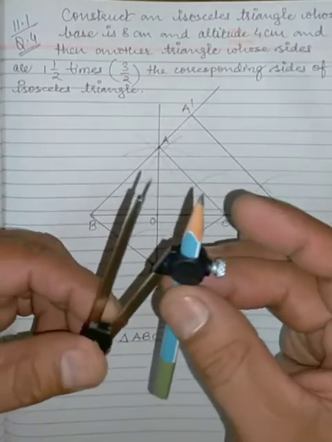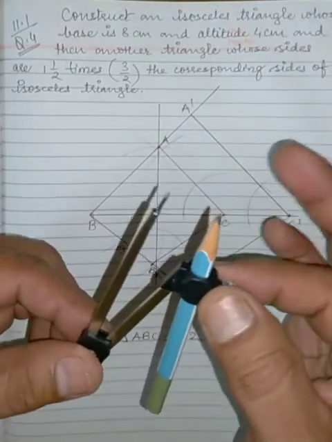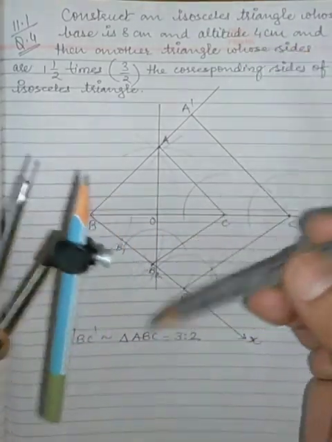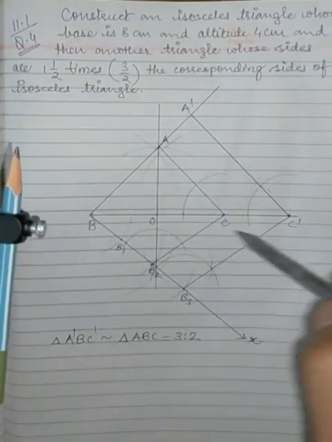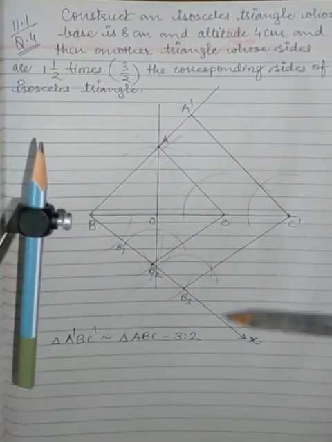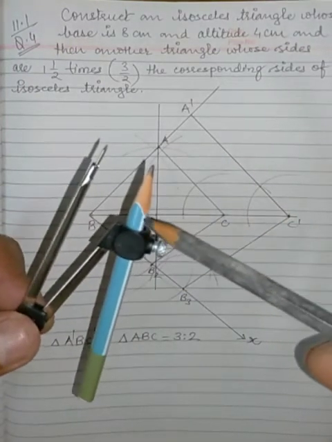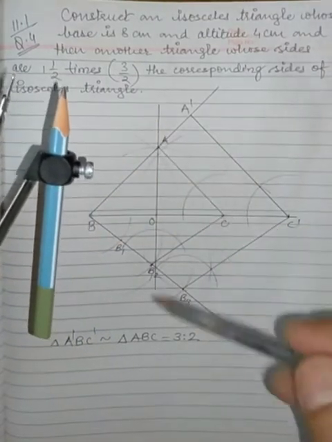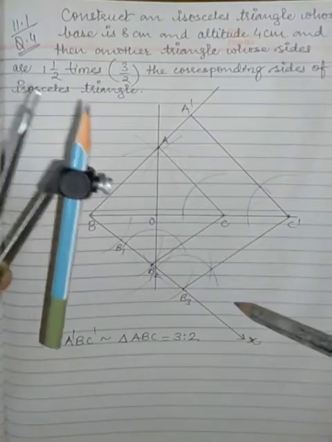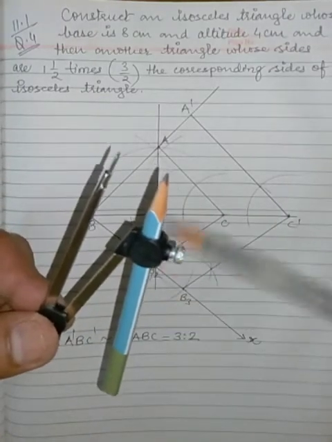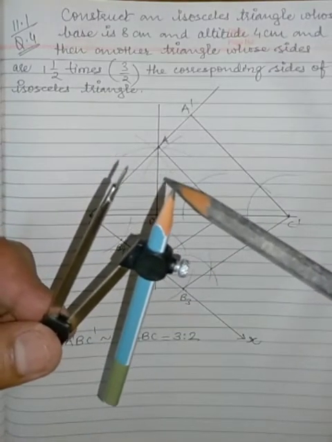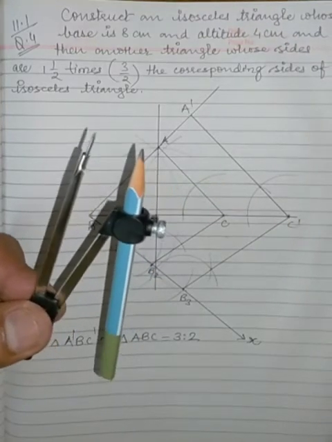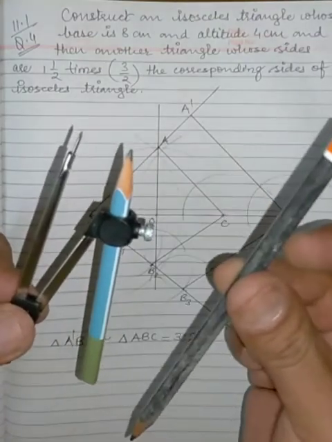Second thing, besides using this pencil in this compass, you should have one more extra pencil for joining the arcs, for drawing the line segments and other things. You should not be using this pencil for joining line segments and any perpendiculars and something like this, because while doing so the sharpness of pencil reduces, and in that case the result may be affected. So you should have 2 pencils.